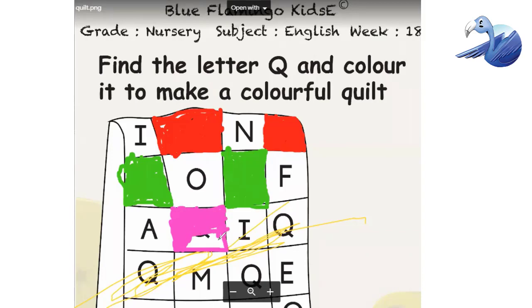Like this only you have to color, students. First, do the border, students. Then fill it inside.